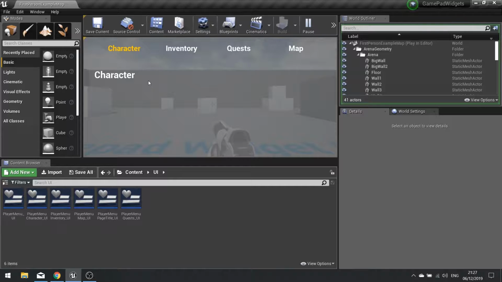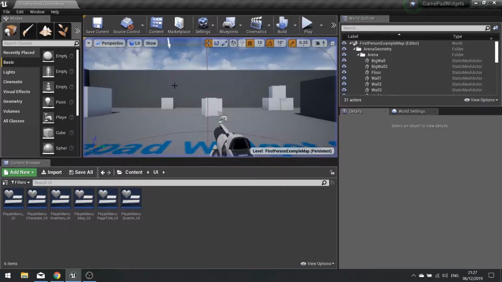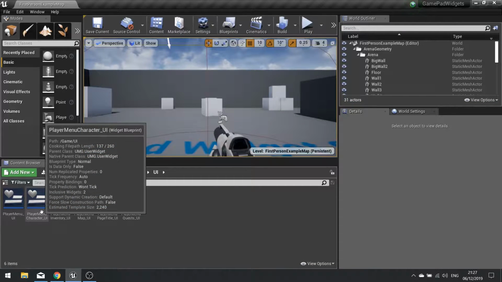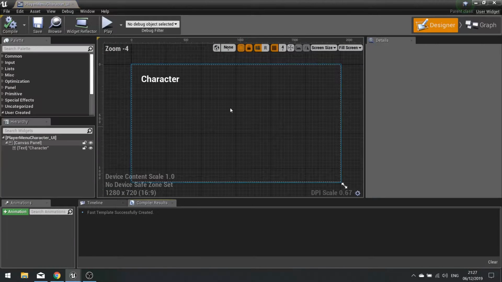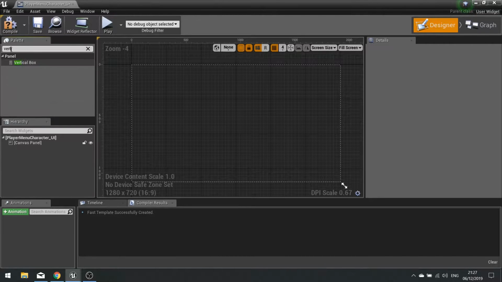It's just going to be where the player's level is, skill points they have left to spend, and the various places where they can assign those skill points. Okay, so let's get started on designing this character menu. So I'm going to open up my character submenu here, and we're going to make a start on this. I can delete this one here, and what I want to do is set up a vertical box,